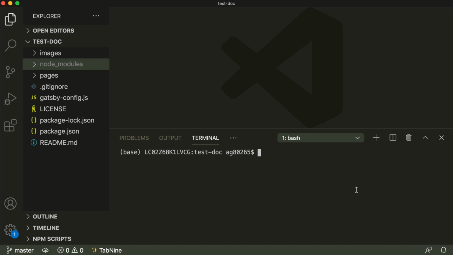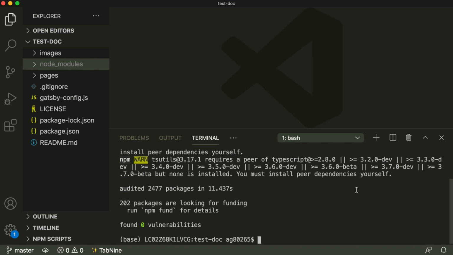And take a look at how it looks. So first we'll install the dependencies and see whether all the required dependencies are there or not. Okay, so all the dependencies required to run this application are already there.